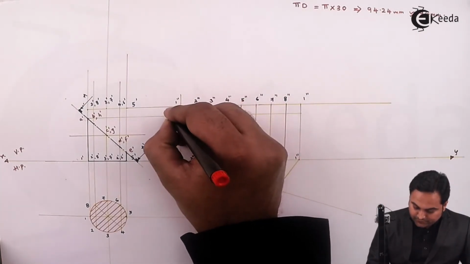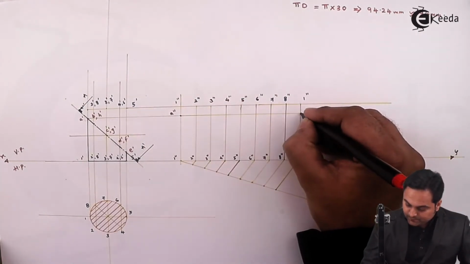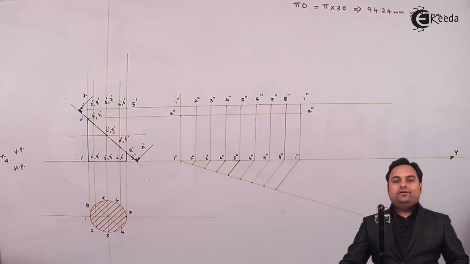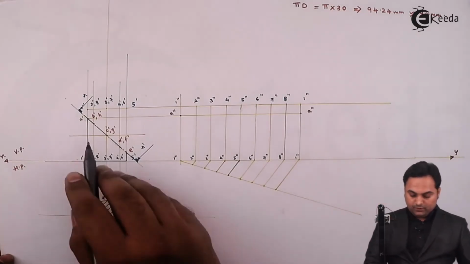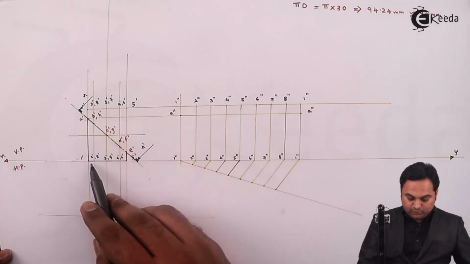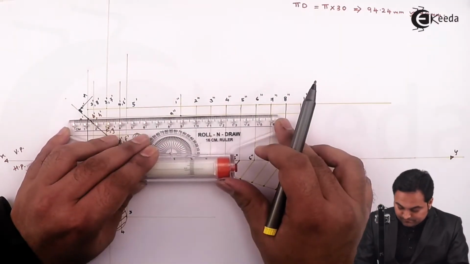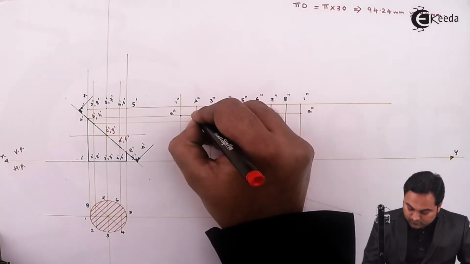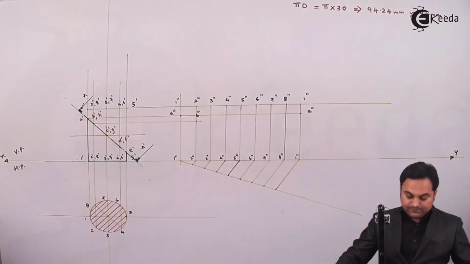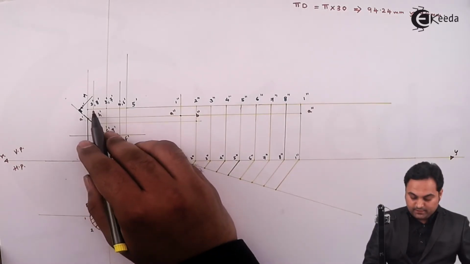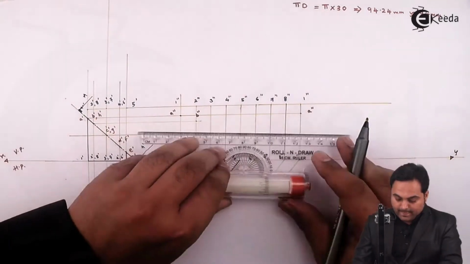So here is point A double dash and A double dash. Next, B and H. B dash is on 2 dash 2 dash. B double dash, and on this same line there is H dash as well, cutting 8 dash 8 dash,